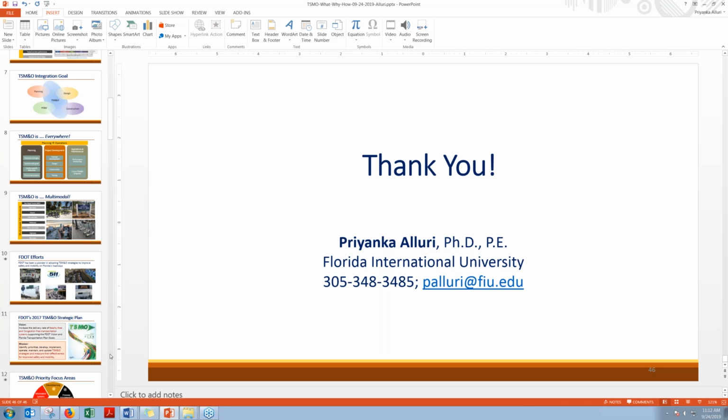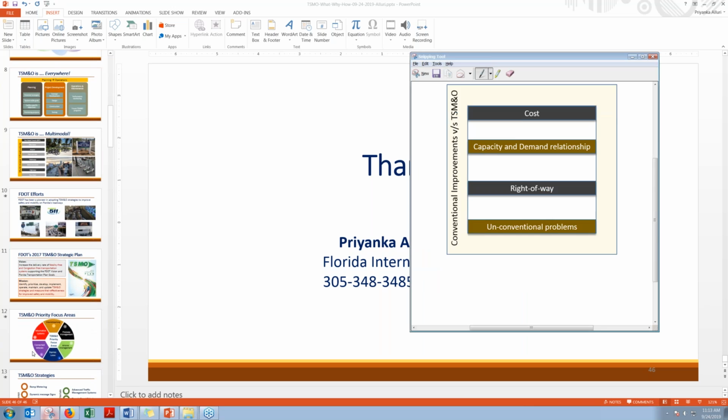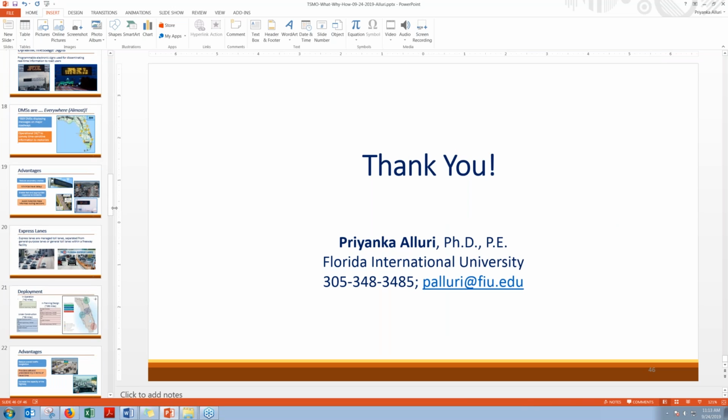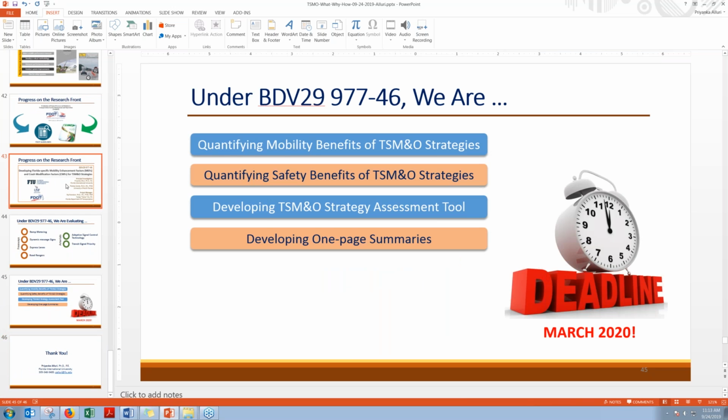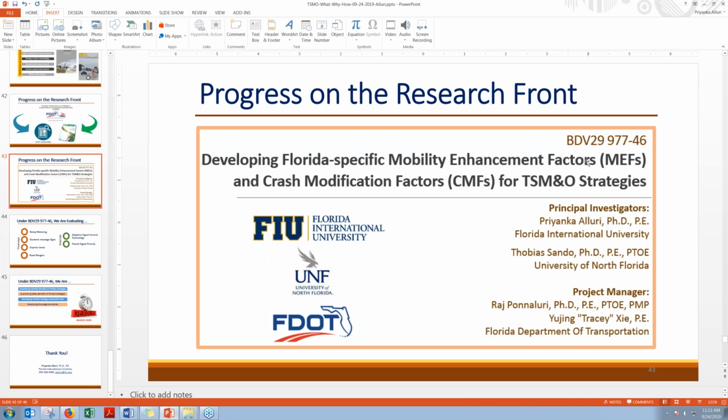And let's see here. There was a question about how mobility factors are going to be applied. I believe that was on one of your end slides, some of the research you're doing. Yes, so let me see. Mobility, okay, we came up with this term called mobility enhancement factors.